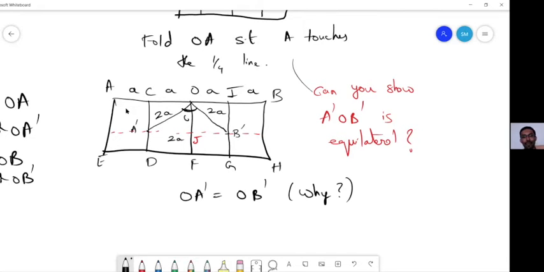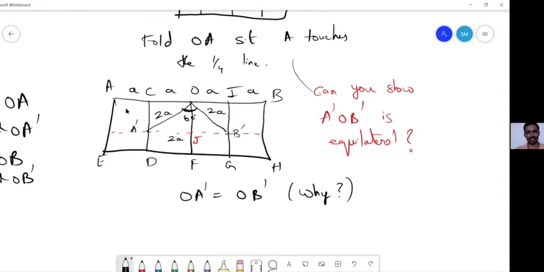Now the question is, can we use this to show what you asked in the beginning? Why does that make 60 degrees? So now it is clear, right? If that is making 60 degrees, then why should this be 30? Because the two angles BOB dash and AOA dash are equal.